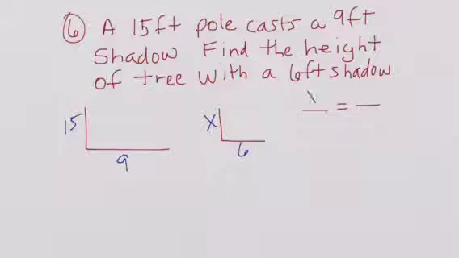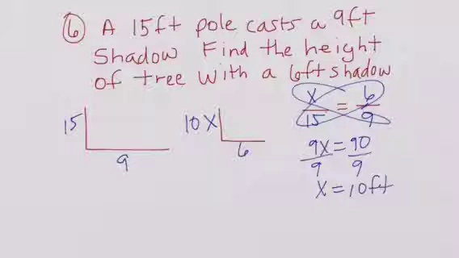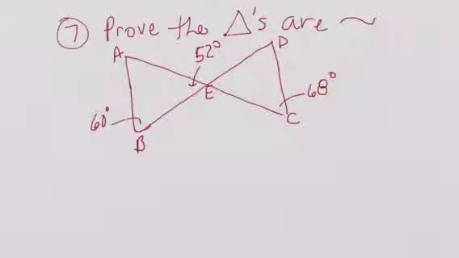So it's going to be x, which is what we're looking for, over 15 is equal to 6 over 9. Now what we're going to do is go ahead and butterfly. So we're going to have 9x is equal to, looks like 90. Divide by 9, x is equal to 10. So our tree is 10 feet tall. Now what we're going to do is prove that these triangles